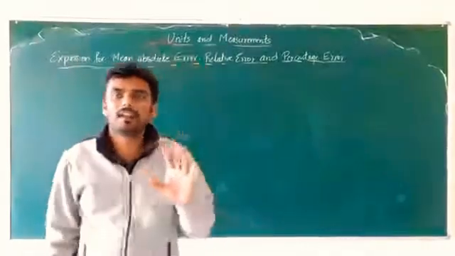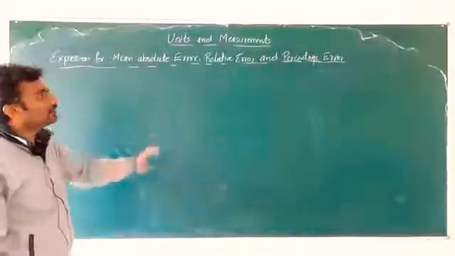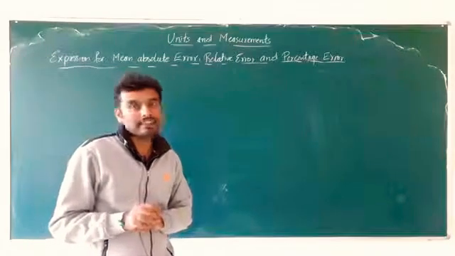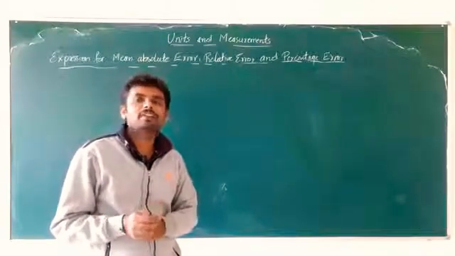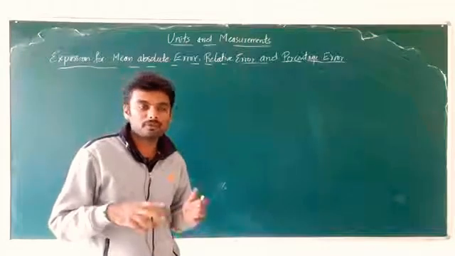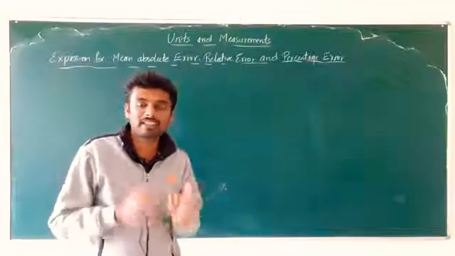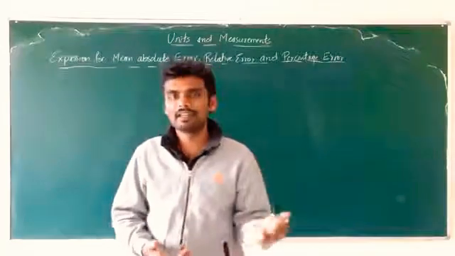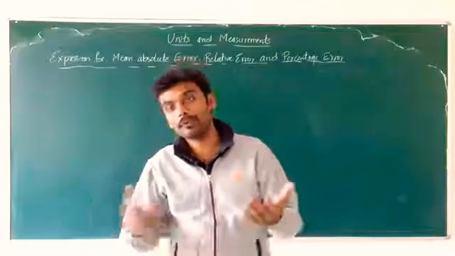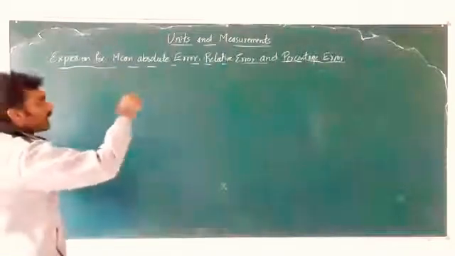Right, now we shall derive the actual formula for mean absolute error, relative error and percentage error of a set of measurements, or set of readings, I can say. A measurement always involves n number of readings, because if I take one reading, there might be error in it. So, we always go for measuring the same quantity n times. N means any number of times, sometimes only 3 times, sometimes 5, sometimes 10, sometimes 20 times. So, now we shall see the expression for mean absolute error, relative error and percentage error.